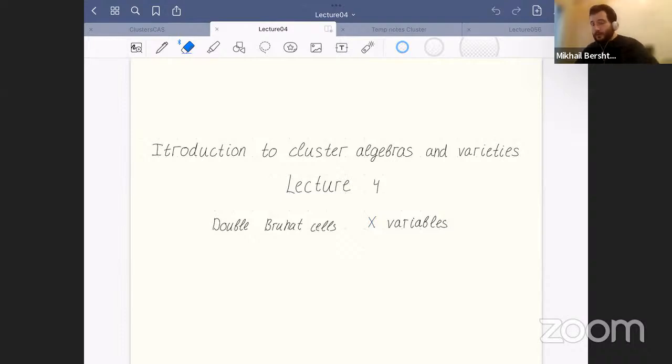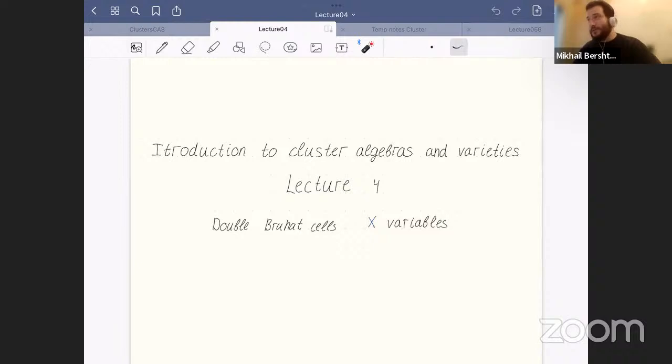Okay, today is lecture 6, but actually I decided not to move to new topics and fill some gaps which are left from the previous 2 lectures. So we'll still talk about double Bruhat cells and stuff related to them. First, I made this remark several times, and probably I will make one